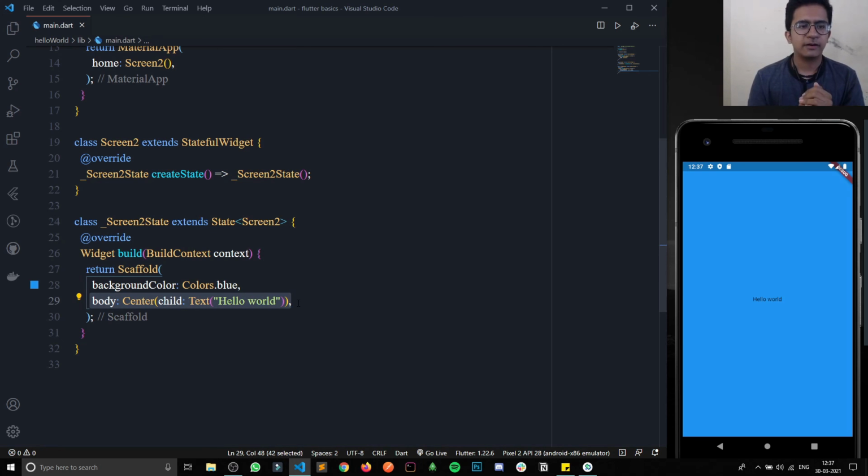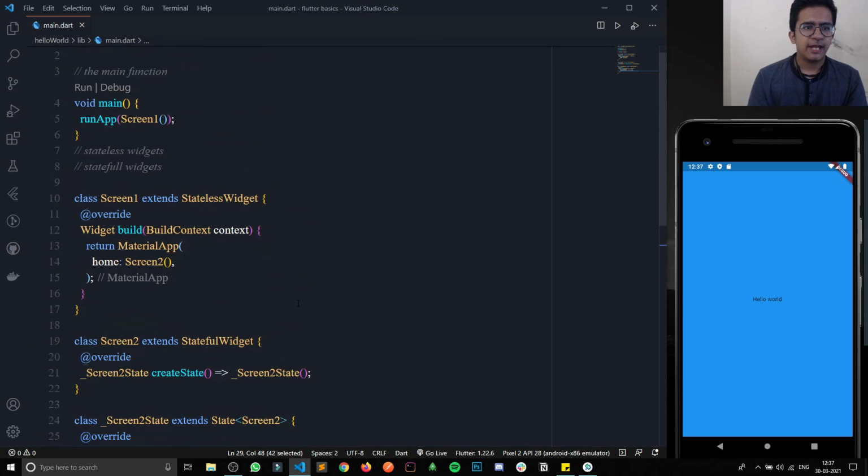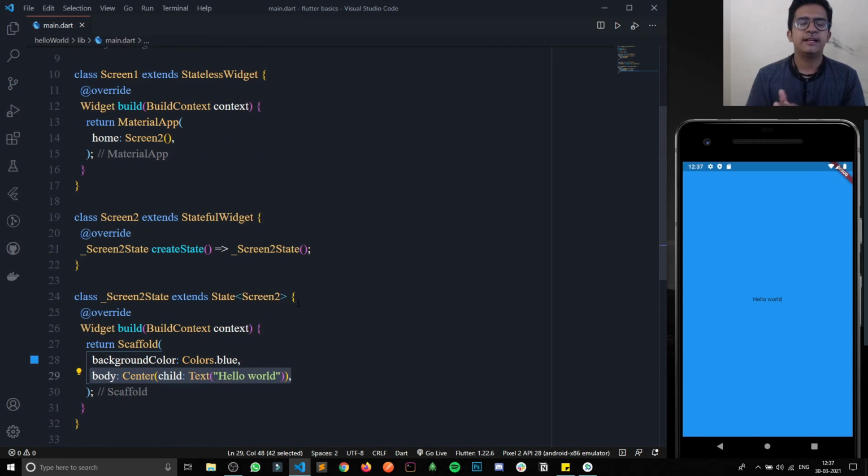So this is a basic Flutter app. I think I have covered all the basic functionalities. From now onwards we will create a separate file, and we will do all the work there, and we will call that widget here, like creating photos, layout and stuff like that.